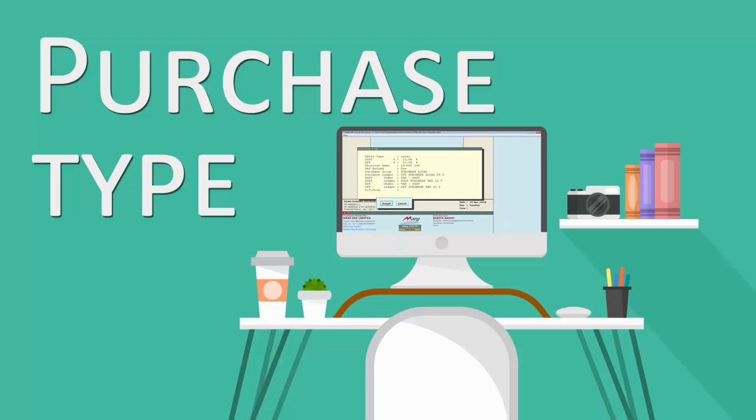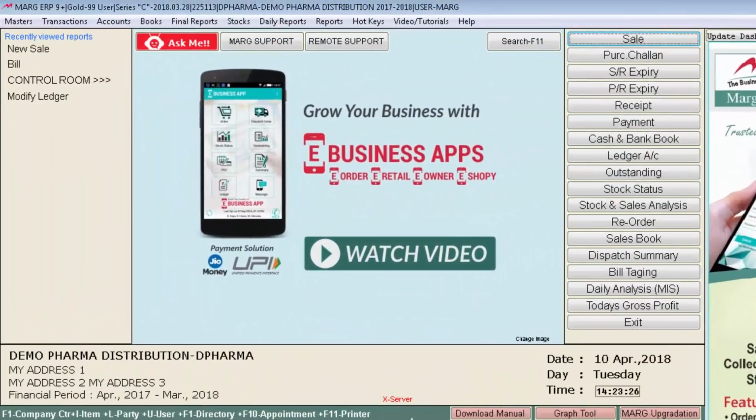So in that case, what will we do? We will create one new purchase type. For that, you can match your bill with that purchase bill from whom you have received. With the help of it, there will be no need to change the tax percentage on each item. You can change the tax percentage on the whole bill altogether, and you can save yours and your party's name. This option works bill-wise and is a very time-saving option. So let's see its process in Marg software.